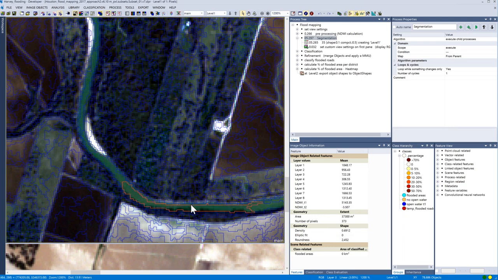In this case, it's a very elongated object which belongs to a river, and we can check the density. It's below 1 because it's not very dense. And if we choose another object here, this is not that lengthy and therefore also has a higher density. And this can be used for classification to discriminate, for example, as Keith mentioned, a river object from a lake object.